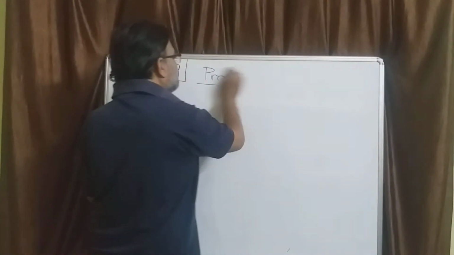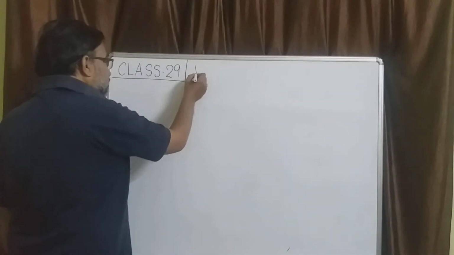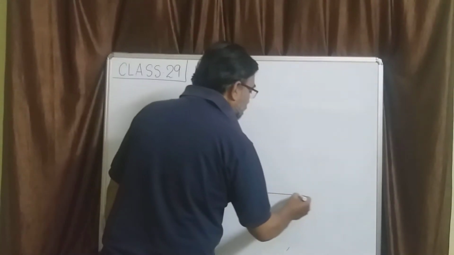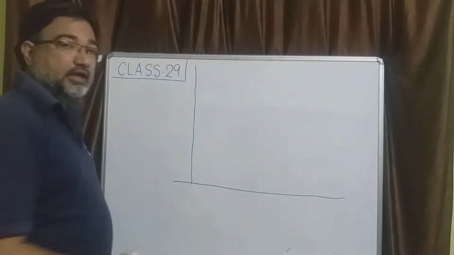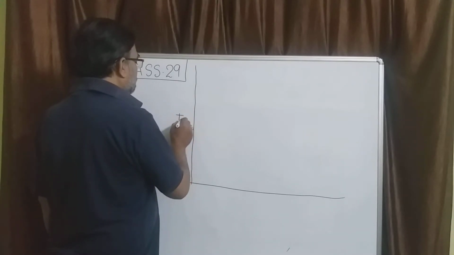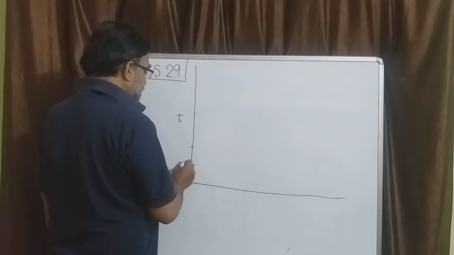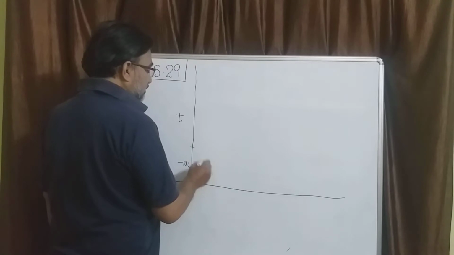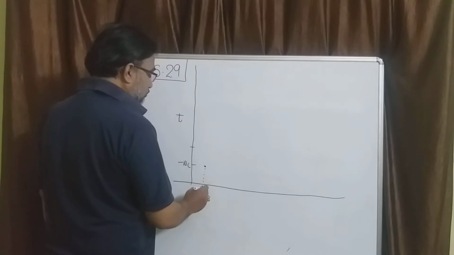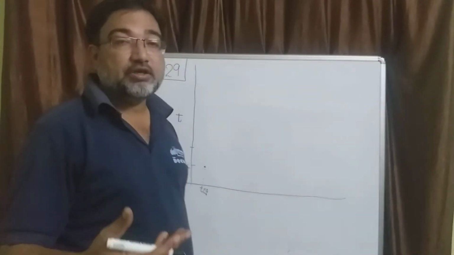Let us take minus 10 degrees centigrade as the temperature, and I will plot temperature on the y-axis and time on the x-axis. So this is temperature. Now minus 10 degrees centigrade, so 0 is somewhere here, and minus 10 is here. So the block of ice is here at minus 10 degrees centigrade at time t equal to 0. Okay, now what will happen if you constantly supply heat?